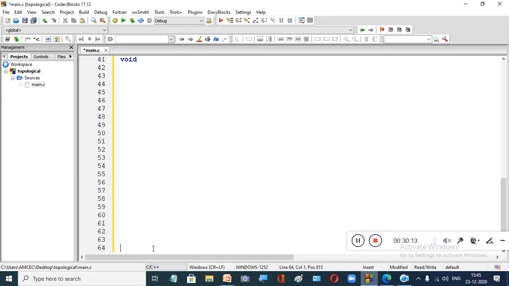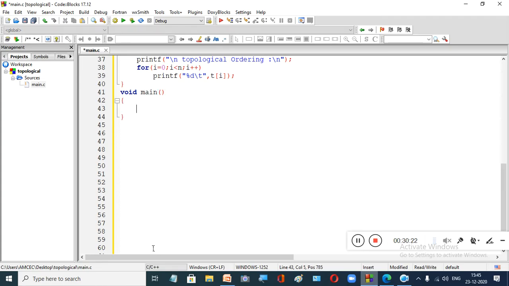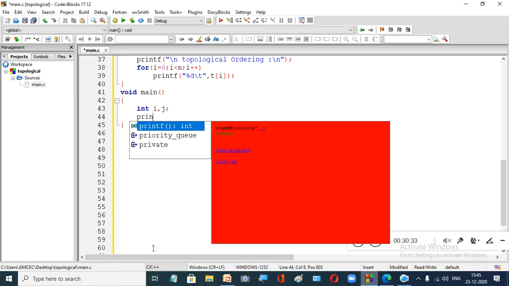Void main, right? So next, what are the things? You are going to process an array with I and j, right? All the other variables are already globally declared.